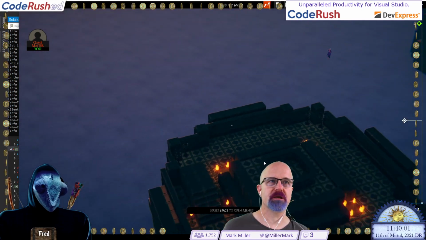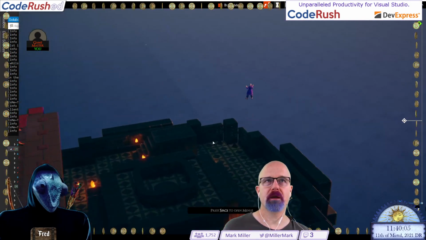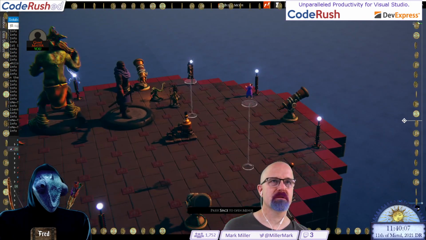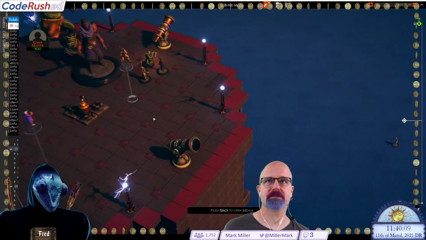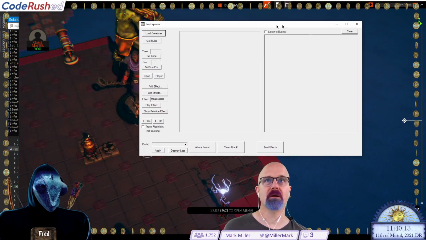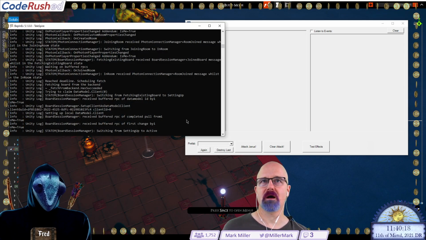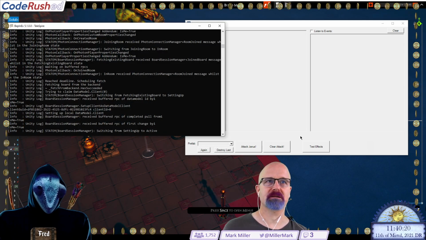All right, let's go find Janus. I gotta look at this little bump right there, it seems. There's Janus right there. So we're looking for a tall effect on that when I say go, if it works. There's the log right there, switching from setting up to active. Okay.